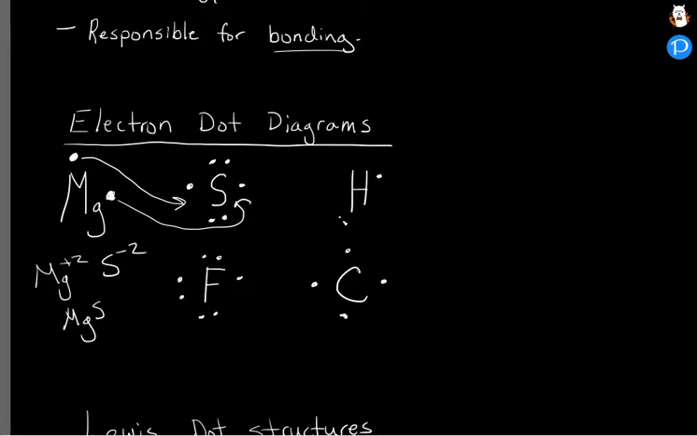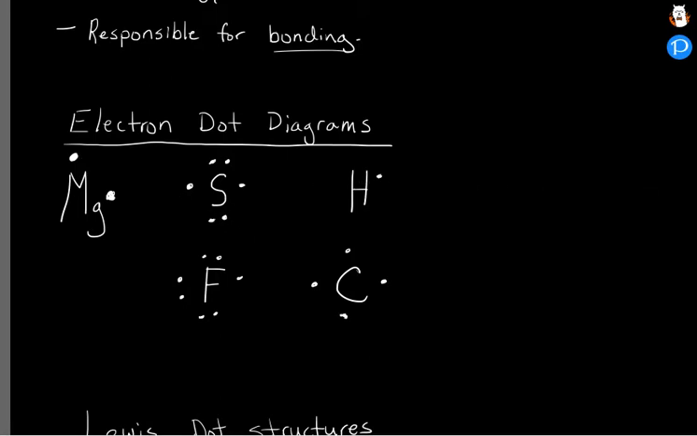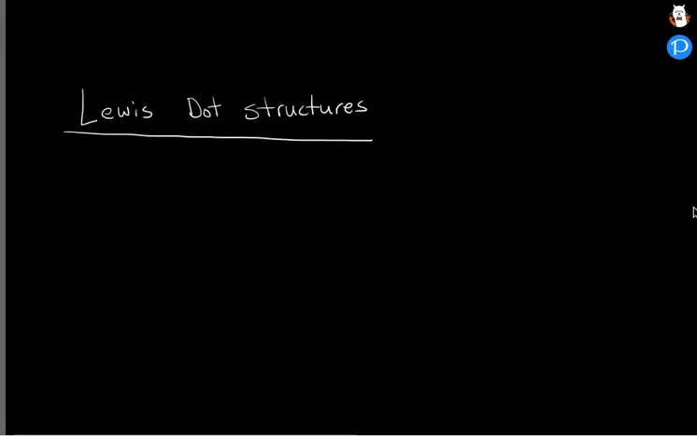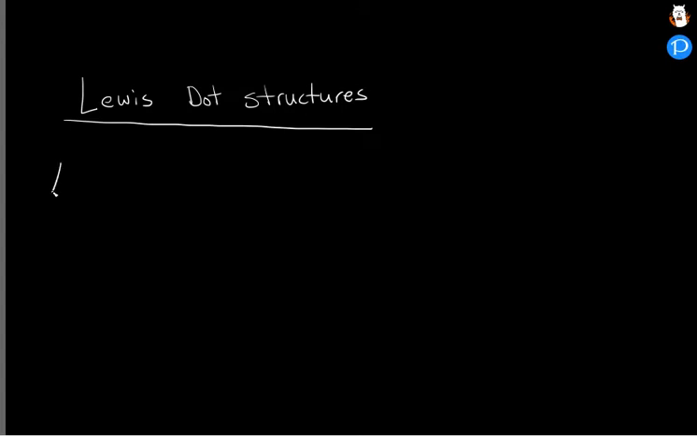What we're going to focus on here is not the giving and taking of electrons. We're going to focus more on the sharing of electrons. So if we look at fluorine, that brings us to Lewis dot structures. Let's talk about fluorine, or the F2 molecule. Remember, early in the year we talked about diatomic